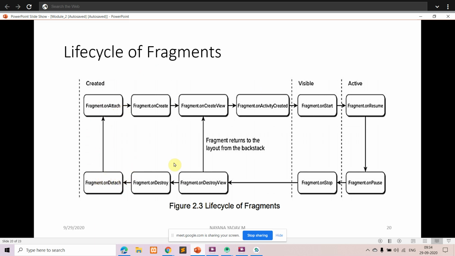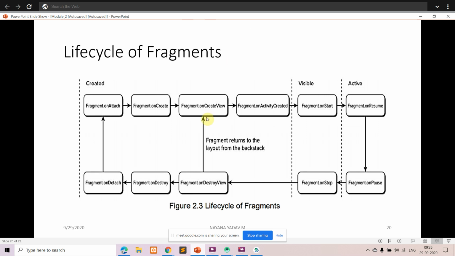These are all the stages a fragment goes through. So onAttach is the initial state, whereas onDetach is the last state. Once attaching is done, next comes the onCreate stage. The system calls this method when creating the fragment. During this process, we need to initialize essential components of the fragment that you want to be used in the fragment.